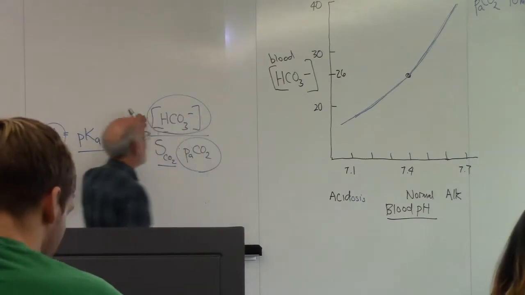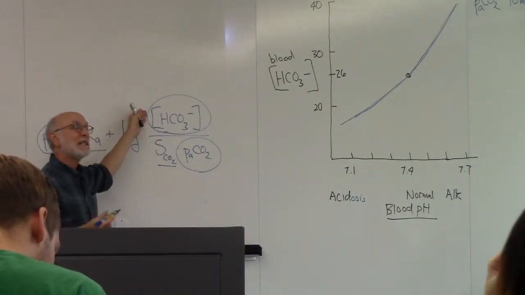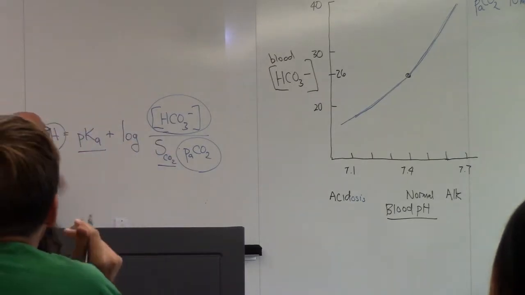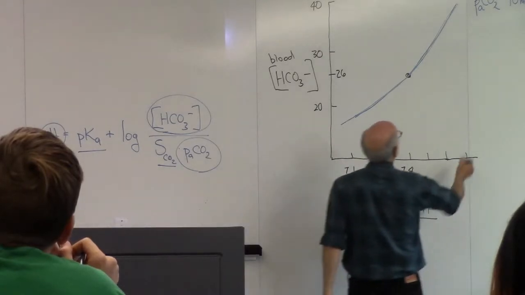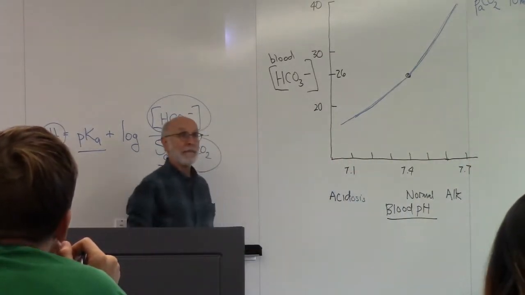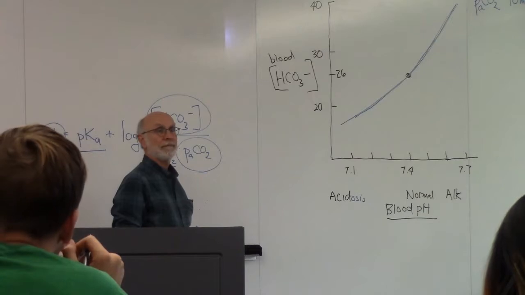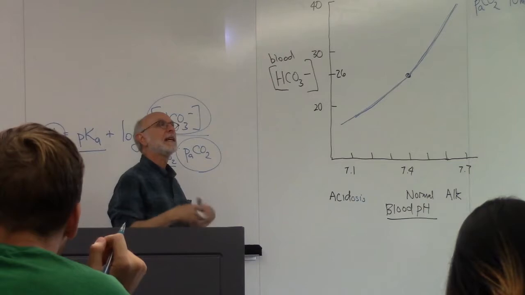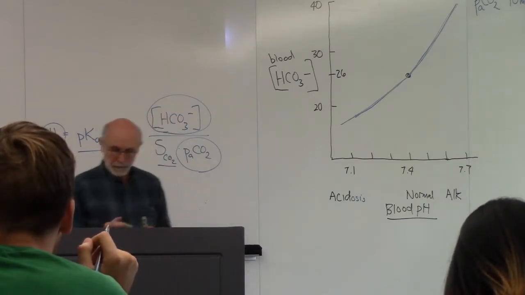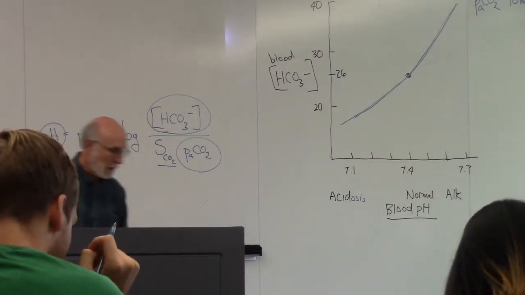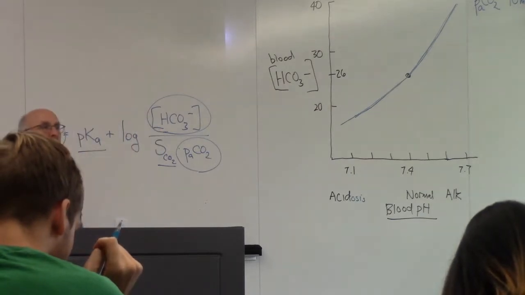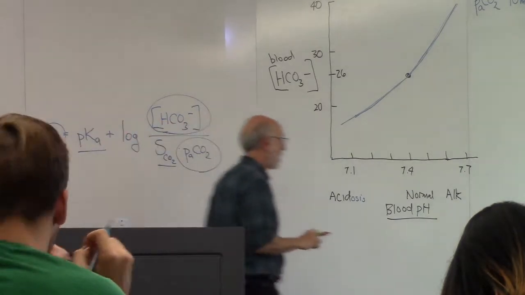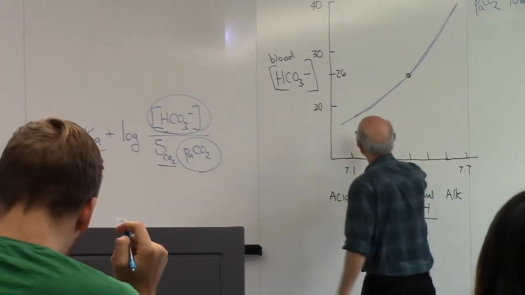And similarly, if bicarbonate goes up, if the kidneys start holding on to bicarbonate, then this ratio goes up and pH goes up, and we become alkalotic with high bicarbonate. Okay? So far, so good. This curve represents the Henderson-Hasselbalch at a given respiratory condition with a normal PCO2. So there's another curve